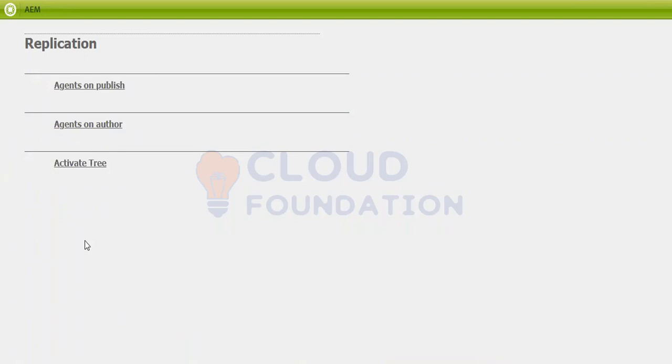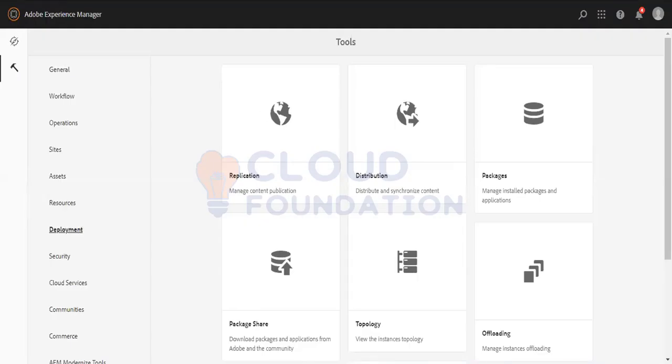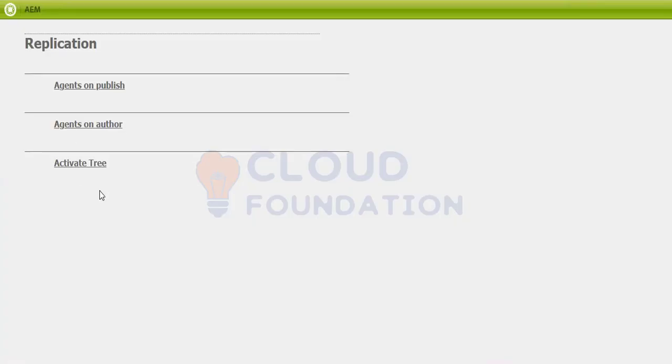Now, how would the agent get to know that these are all the publisher instances, that there are this many of them, and that they are running on these ports? So we have to define the configuration for the agents. The agents are configured over here. So we go inside the deployments and the replication, and we landed on this replication screen. Okay,